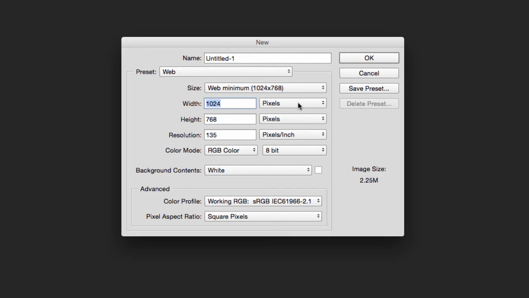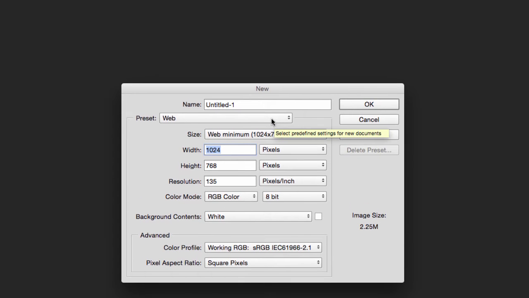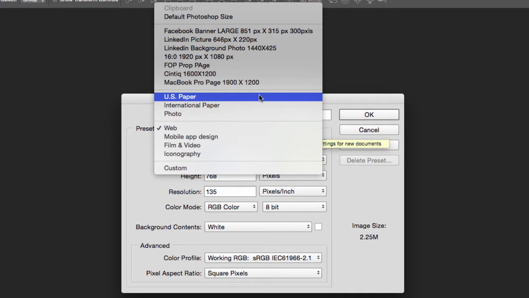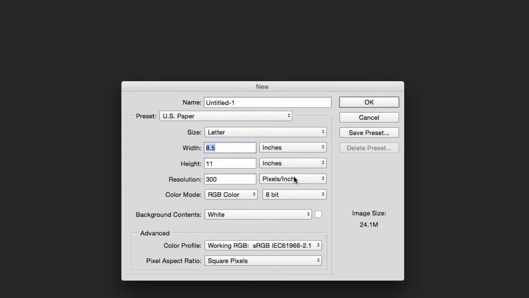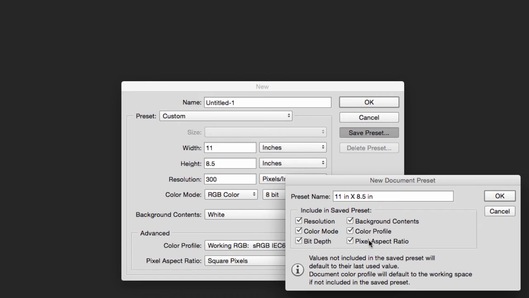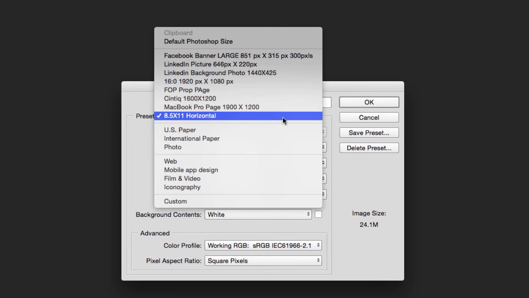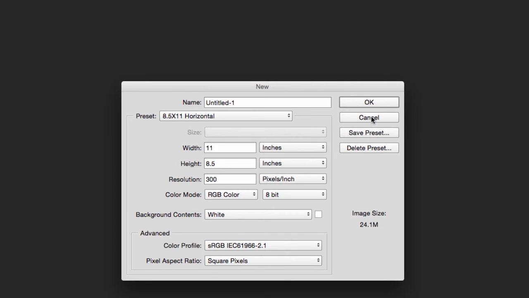So what we're going to do is start with a basic US paper. And I'm going to leave all the settings the way they are. If I want to create my own setting, let's say that instead of a vertical 8.5 by 11, I want to have an 11 by 8.5 page, right? What I can do is save this preset, and everything, the resolution, color mode, bit depth, the background contents, everything will be selected. And then what I do is call this one 8.5 by 11 horizontal, right? And then when I hit OK, under my presets, I have a new preset called 8.5 by 11 horizontal. Okay, so I'm going to hit OK,